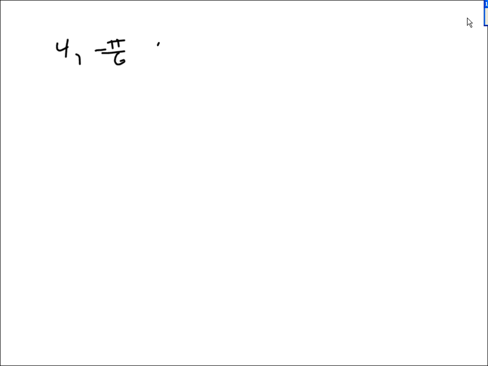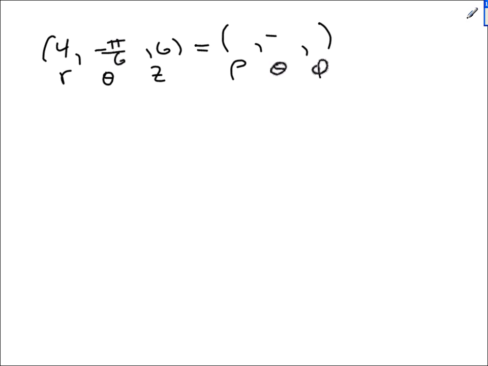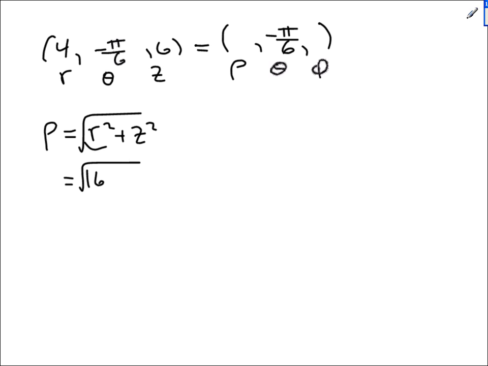Negative pi over 6, 6. R, theta, z. And we want to go to rho, theta, phi. Negative pi over 6. Rho squared is r squared plus z squared. It's x squared plus y squared, which is r squared, plus z squared. That's rho squared. So rho is just the square root of 4 squared plus 6 squared, the square root of 52, which is